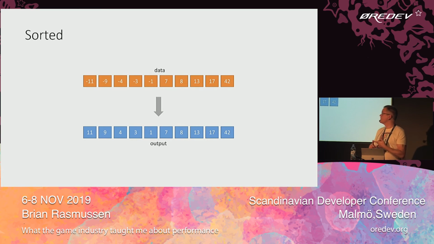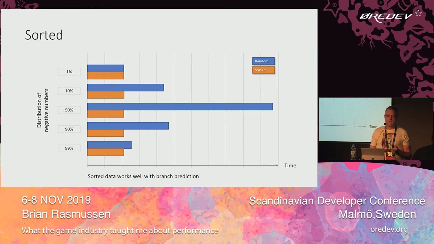So one way to help branch prediction in this case is to sort the data. If we sort the data, we have all the negative numbers on one end and all the positive numbers on another end. So there's only really one switch, like we see ducks, and then we see something else. Let's see how much that actually matters. We can see that by sorting the data, we get really good performance, but more importantly, we get consistent performance